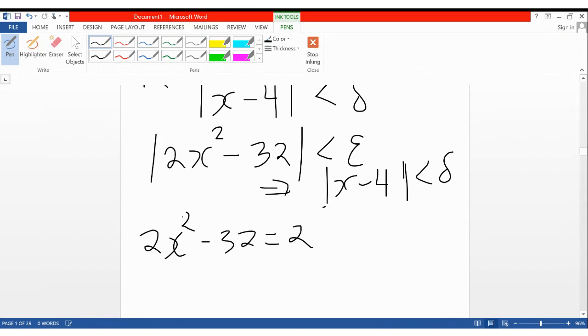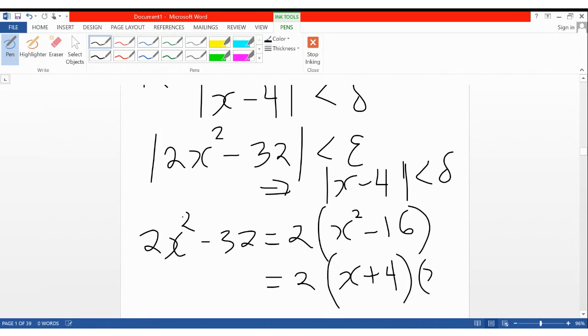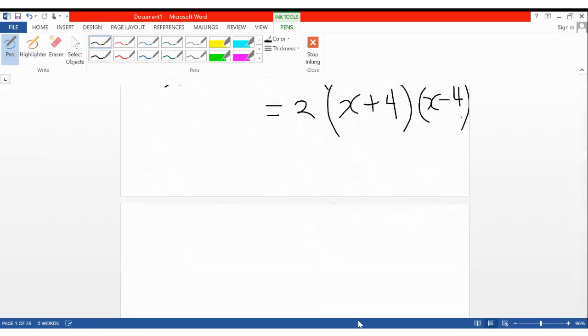Now this one is a difference of two squares, because you can get the square root of 16. So this will be 2, then x plus 4, and then x minus 4. So what shall we have now? We shall have 2, and then x plus 4,